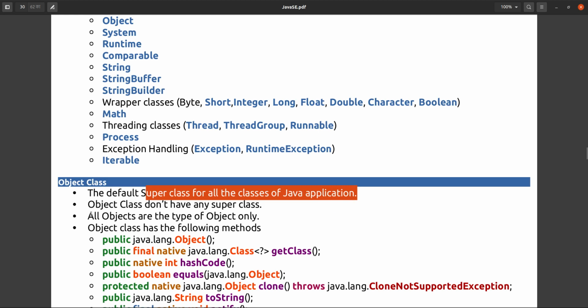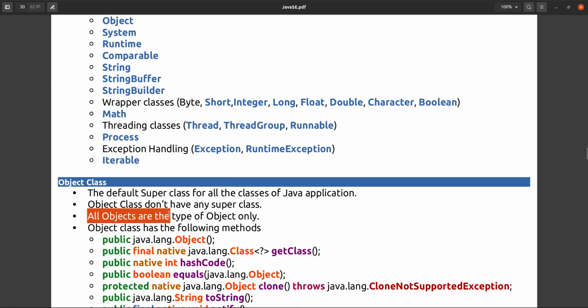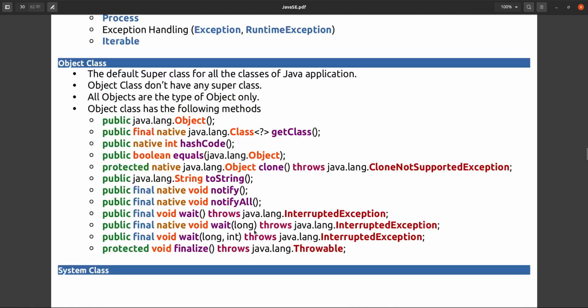All objects are type of object only. How? Because definitely that is a type of object only, because object is inherited into all the classes. Object class has the following methods. Yeah, it has some methods.